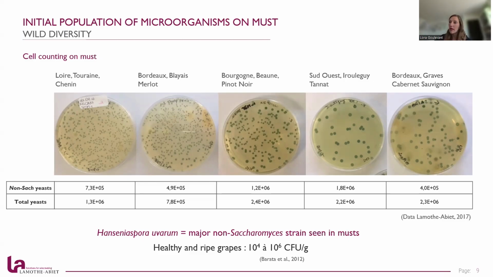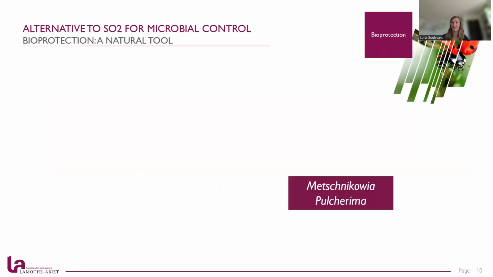So we can see that we have 10 to the 5th colony forming units per milliliter of must. And in general, a healthy and ripe grape has from 10 to the 4th to 10 to the 6th colony forming units per gram. So this is totally normal. But then if we don't control this, then these non-Saccharomyces can develop and create some different issues for you during the fermentation. So one of the different solutions we have, and I want to talk to you about, is